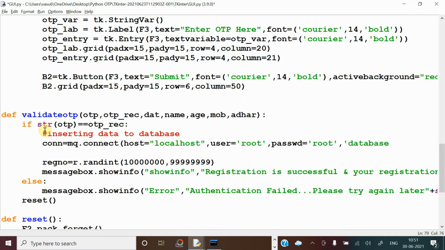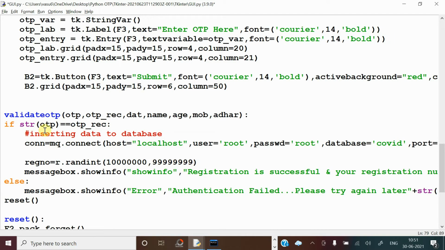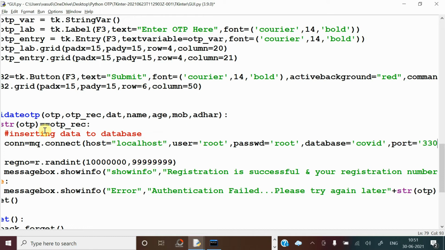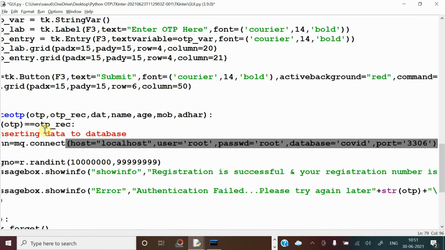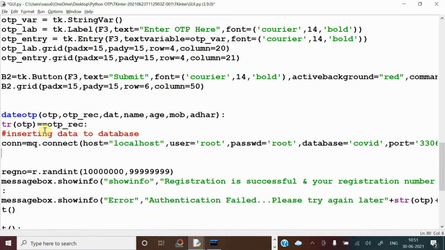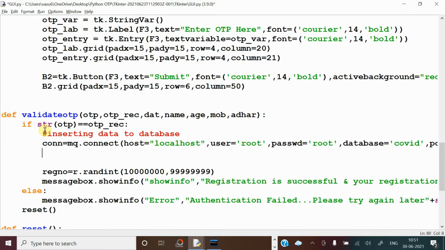Now database: what is the database name we have used here? Here we are using the database name COVID, and generally it is installed on port number 3306. This is the default port. If you have installed it on any other port, you can use that one. So this is the way you can establish the connection.